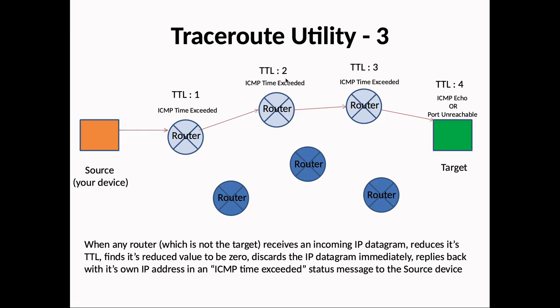Now, the second attempt will set TTL to 2, which means this time the IP datagram starts from the source device, gets to the second router, but because TTL becomes 0 at that router, it will get discarded and the ICMP time exceeded response from the second router will contain that second router's own IP address. And obviously for the next attempt, TTL is going to be set to 3, which means it will this time get discarded on the third router and the ICMP time exceeded response from that router will include its own IP address. So going by this logic, as the TTL keeps increasing, at some point, the IP datagram has to reach